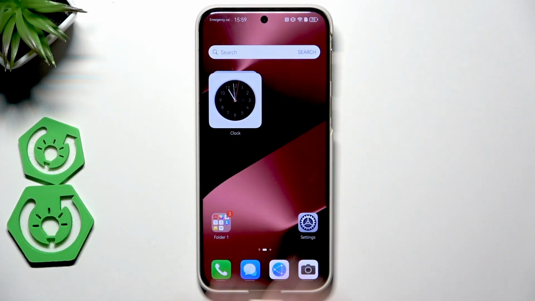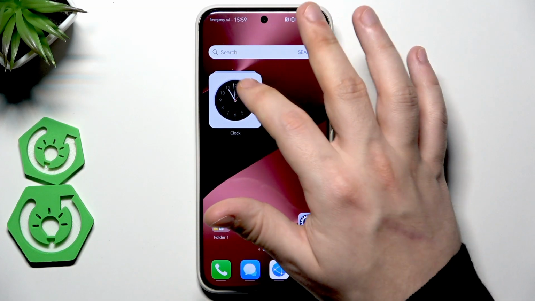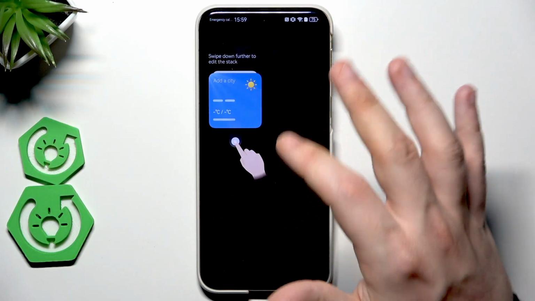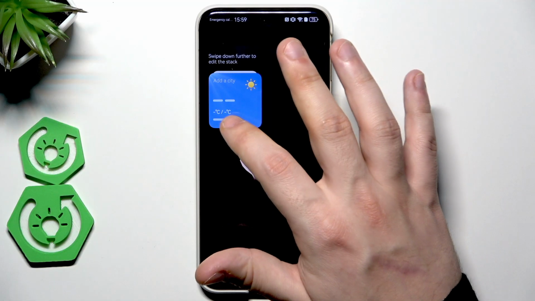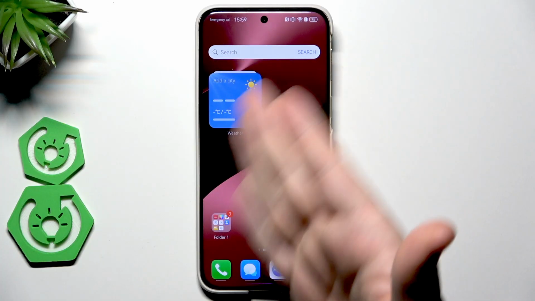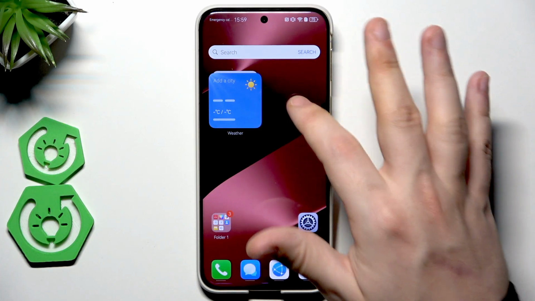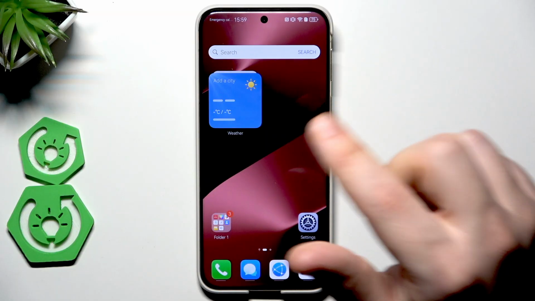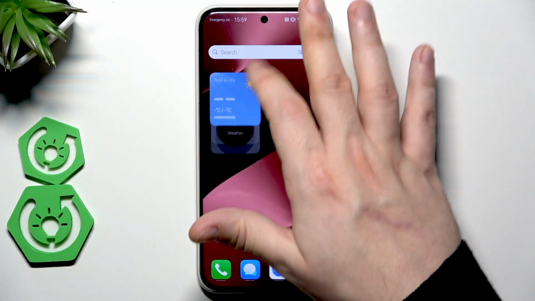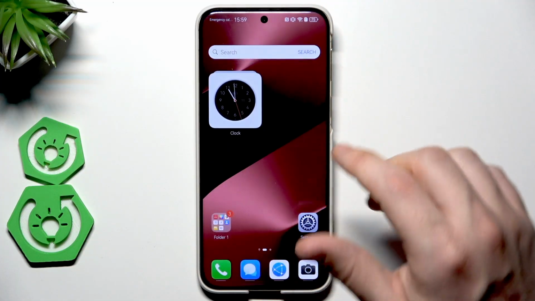You can see that those widgets has stacked right now. And if you want to switch between them, you just need to slide up or down. Pretty cool thing. Thanks to that, we can save some space on our screen. Because, you know, two widgets are stacked in one place. We can slide up or down. And we don't need to take place,